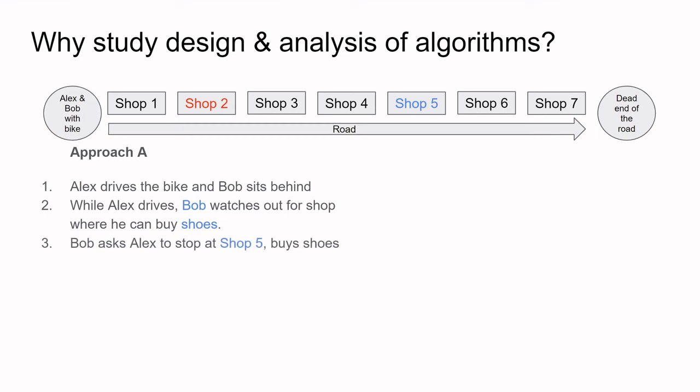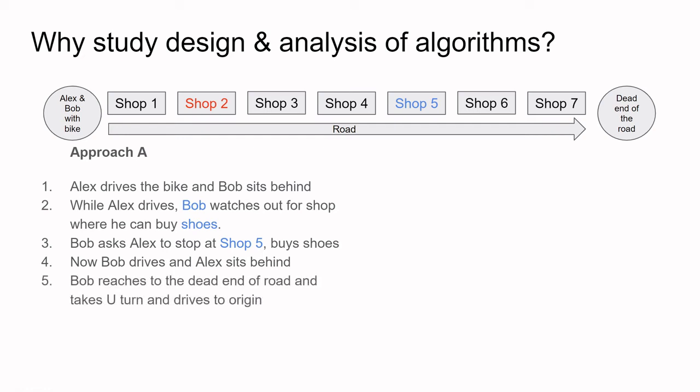And once Bob buys the shoes, they have not yet bought the T-shirt. So now Bob drives and Alex sits behind on his bike. And Bob further drives to shop 6 and shop 7 till he reaches the dead end of the road. When Bob reaches the dead end of the road, he obviously takes a U-turn and drives to the